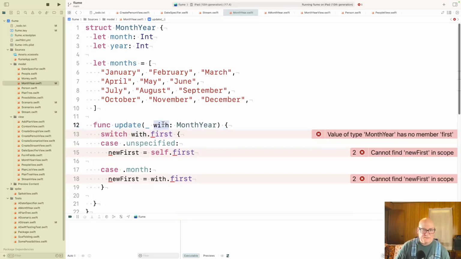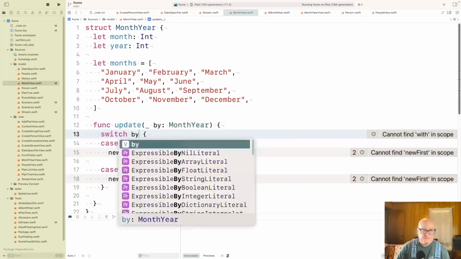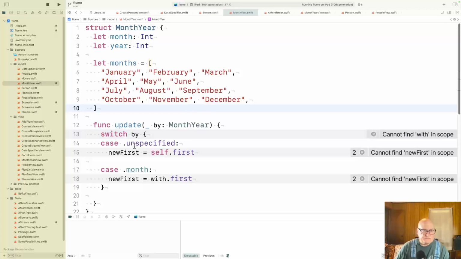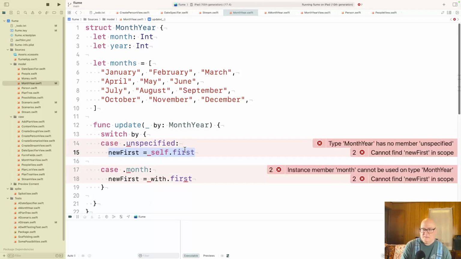Maybe this is update by. Month year has no member unspecified. Oh, I'm confusing myself, aren't I?